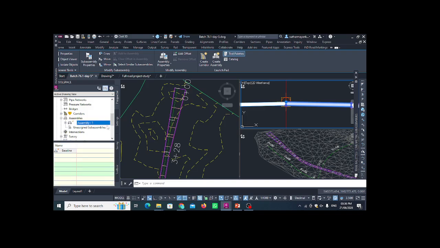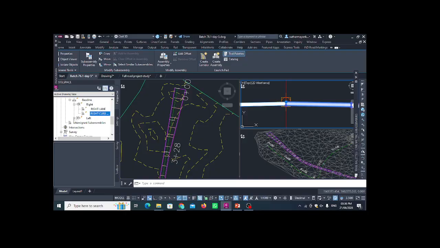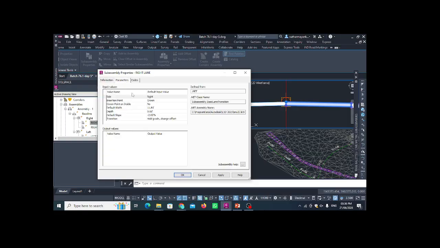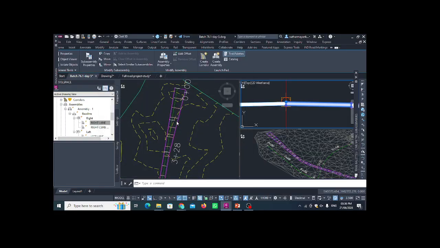So this is the assembly number one that we created. So in assembly one, baseline is here. If I select this one, baseline is here. So in this baseline, we have the right lane and right curve. See, we changed the name there. Right lane, right curve. Into the left, we have the left lane, left curve. Okay, so you can edit this thing from here also. If I want to change anything from this right lane, you can change it from here also. Okay, now